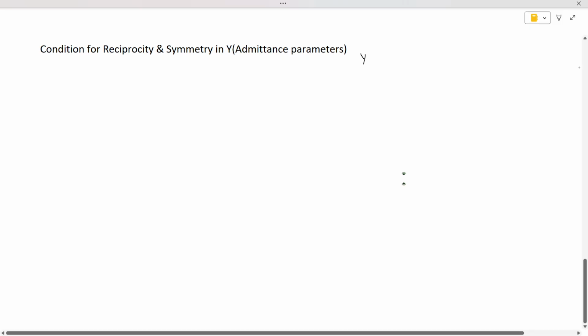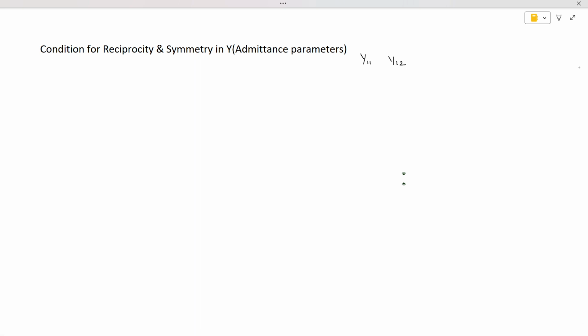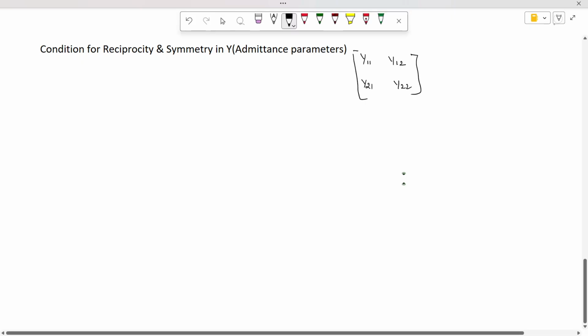So today we are going to derive the condition for reciprocity and symmetry in Y parameter model. Let's try to see what kind of output we are going to get. So the Y parameter matrix is Y11, Y12, Y21 as well as Y22. So this is nothing but the Y parameter matrix. So now if you see the